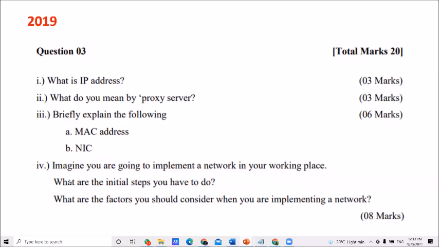Then they are asking what are the factors you should consider when you are implementing a network. Here the first part, initial steps, and the second, factors. These are 2 different questions. Right, okay, now we'll see the answers one by one.